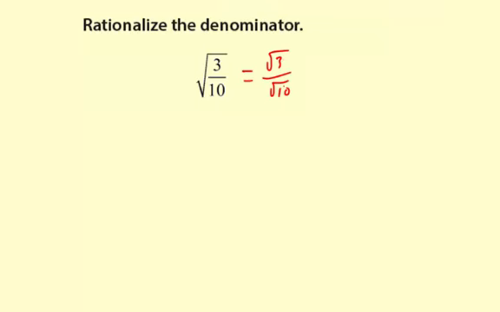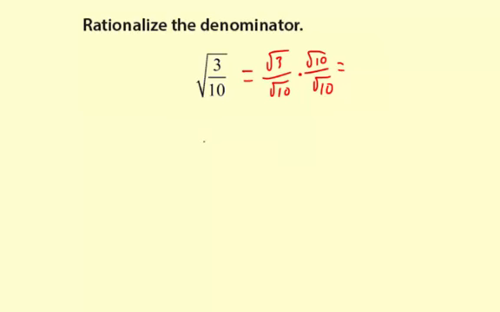So as a little trick to get a radical out of the denominator of the fraction, I'm going to be multiplying by radical 10 over radical 10. Let me show you why that works. In our next step, I'll write it down below here. This is going to be equal to